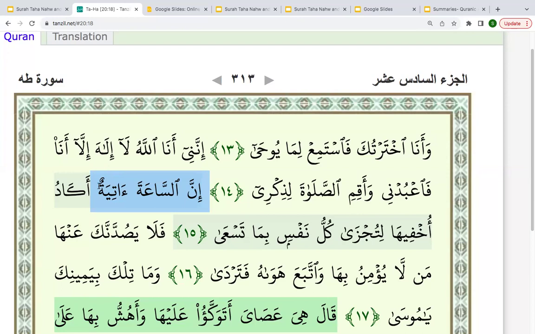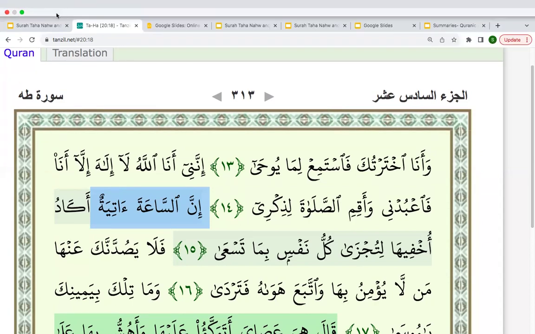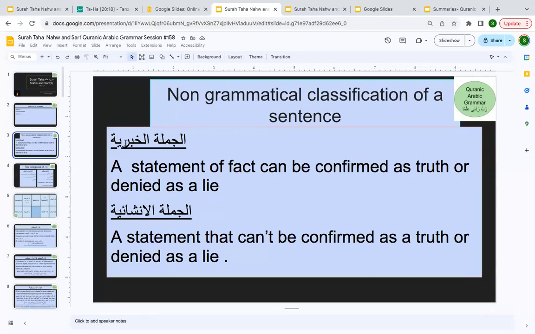It's going to be khabariya, barakallahu feek, because people were denying it, right? So people were denying it, and that's why you see there is a particle of emphasis here. Can anyone tell me what the particle of emphasis is? It is inna, barakallahu feek. When people are usually denying something, Allah subhanahu wa ta'ala uses a sentence that has more emphasis, so that people know that this is not just something you can deny. No, it is definitely going to be coming. So that is jumla al-khabariya.